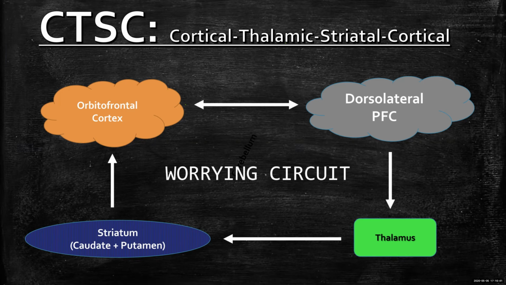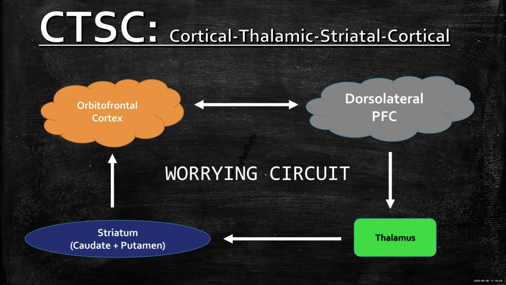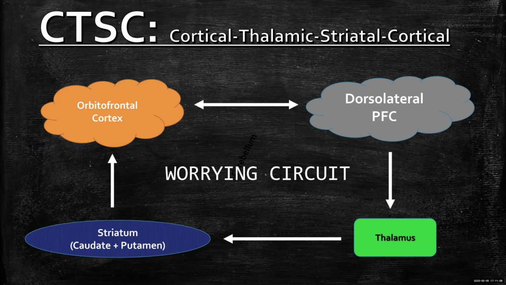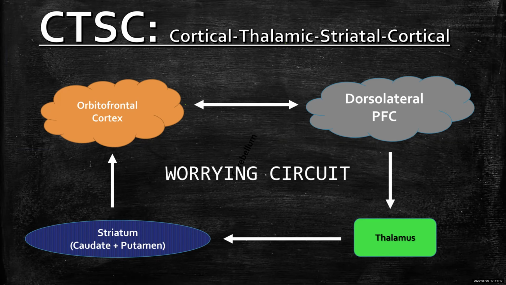What about Sally? Sally, who also is driving down the road, has OCD, and suddenly a thought pops up. Oh, did I lock the door? But Sally can't recall whether she locked the door or not. Her orbitofrontal cortex sends a very strong signal through the worry circuit, and this keeps going over and over and over again without that dorsolateral prefrontal cortex, that reasoning part of her brain, kicking in saying, oh, no, this is irrational. It'll be okay. Everything's fine. It's not a big deal.